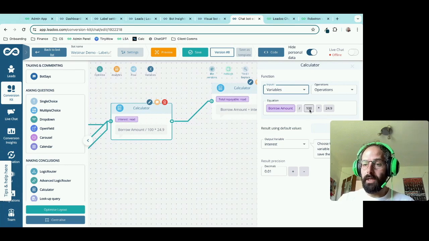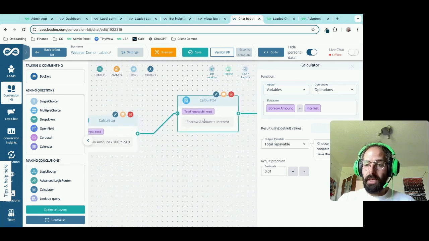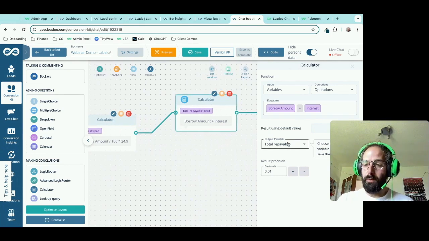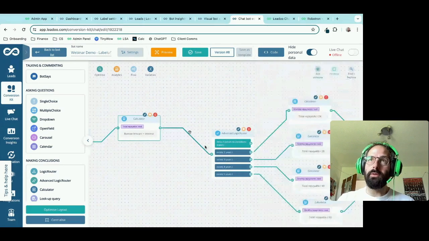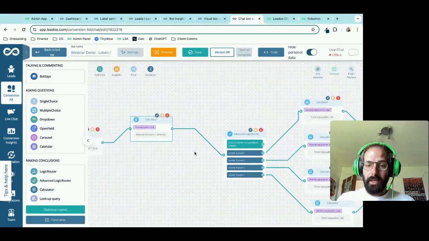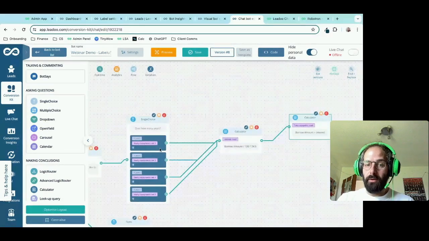So divide it by 100 times 24.9, because that would be the APR, and then we'll add those 2 numbers together in the next calculator to find out what the total repayable will be. So we're getting the borrow amount plus the interest, and then from there we would tell it what the output variable is. So what is the end result of this calculation? And then again, because you'll notice that most of these things use labels and logic routers together, we're able to say, because we've asked that question earlier, of how